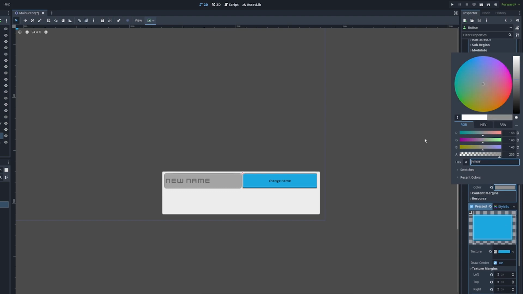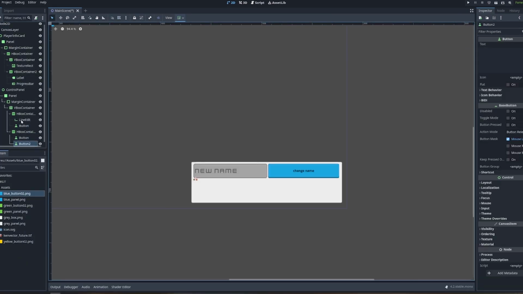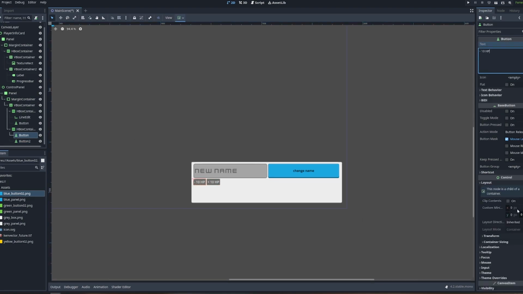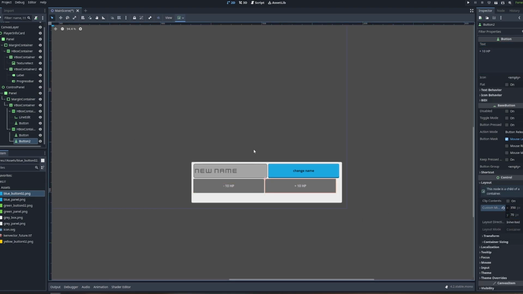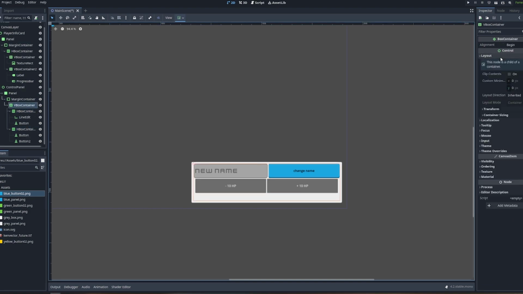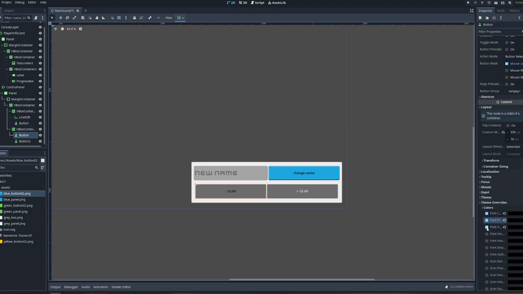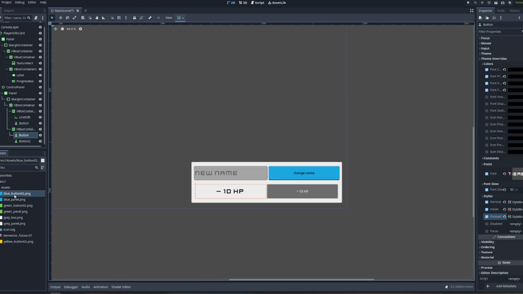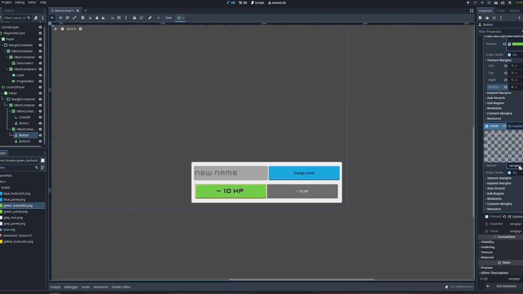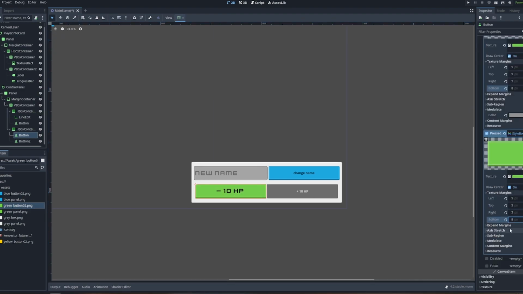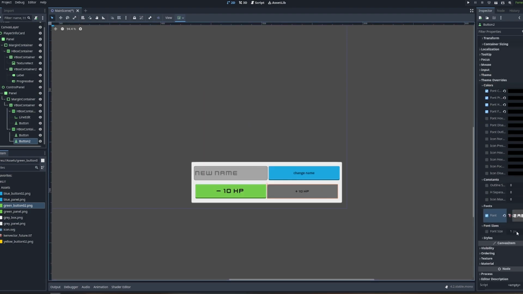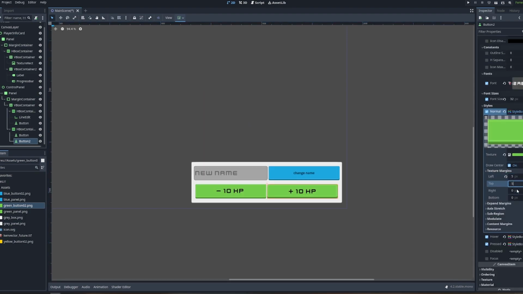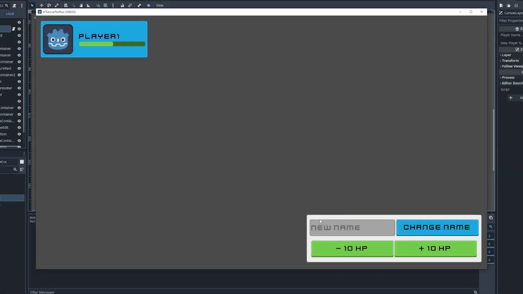The last part of our UI example will be 2 buttons, one to remove 10 HP from the player health bar and one to add 10 health points. It's the same process like you just did for the change name button, so I will also skip this part. When you're done with setting up everything, your control panel could look like this, but feel free to change all